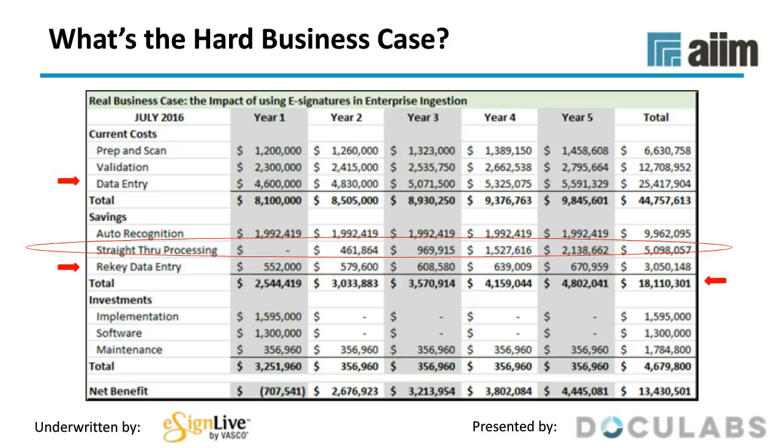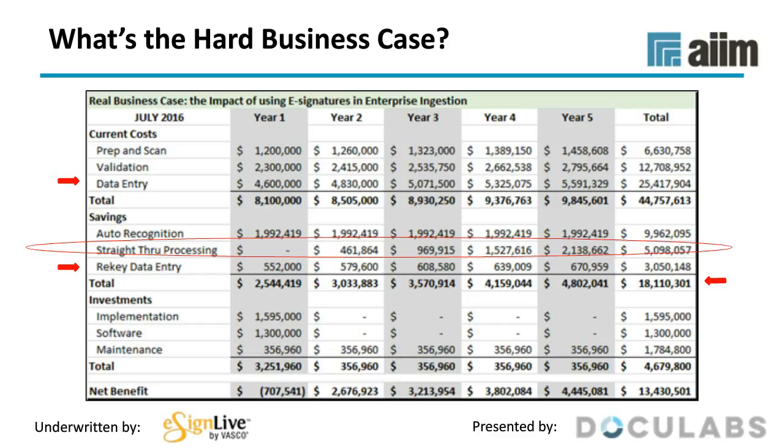We're constrained by the current ecosystem of your processes and your technologies, multiple systems, and so on, and by budget. And we also can't claim benefits that other projects you're doing are claiming. So you don't want to double claim benefits for other projects that are going on that are reaping efficiency gains. So this is what a realistic, very conservative type of ROI looks like, and we can shoot you the spreadsheet so you can calculate it for yourself.